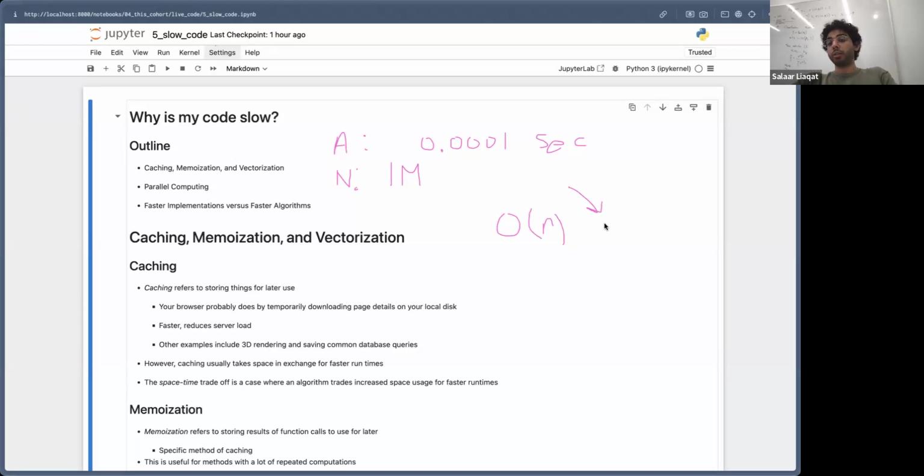It'll take 100 seconds, which isn't terrible. It'll take roughly 2 minutes. If you have to run it occasionally, you're fine with waiting 2 minutes. But if our algorithm was O of n squared, then this would take